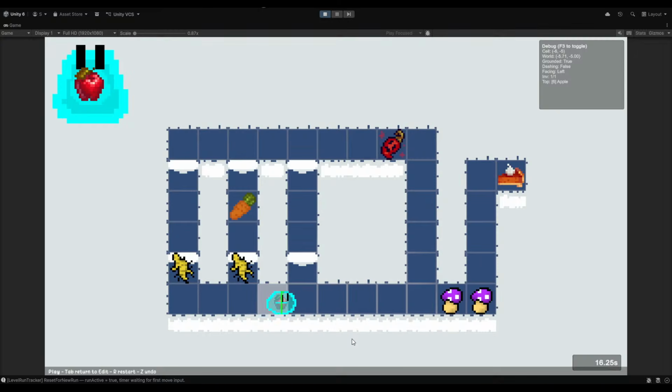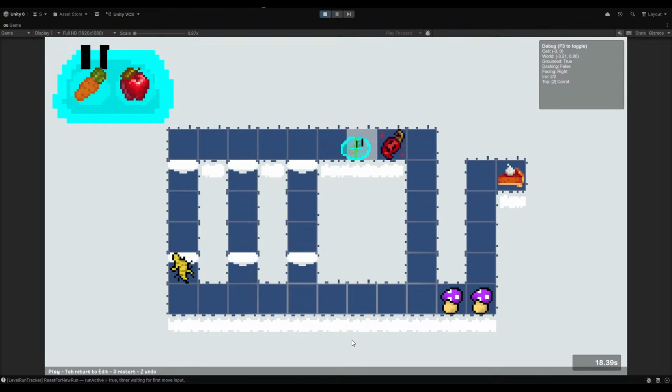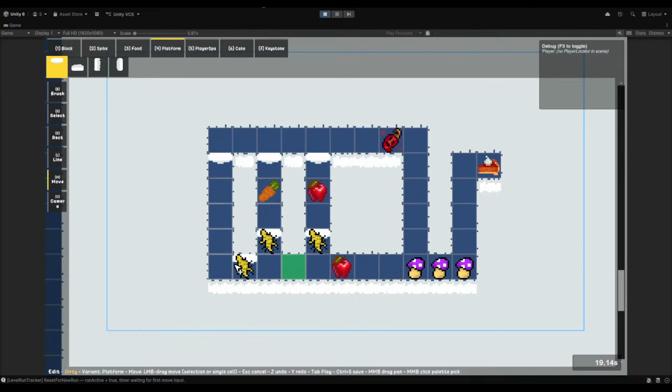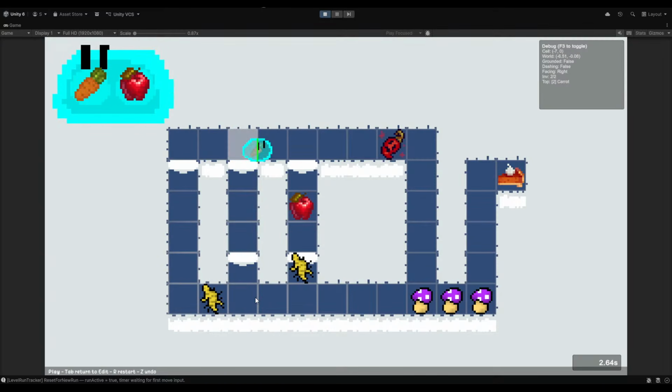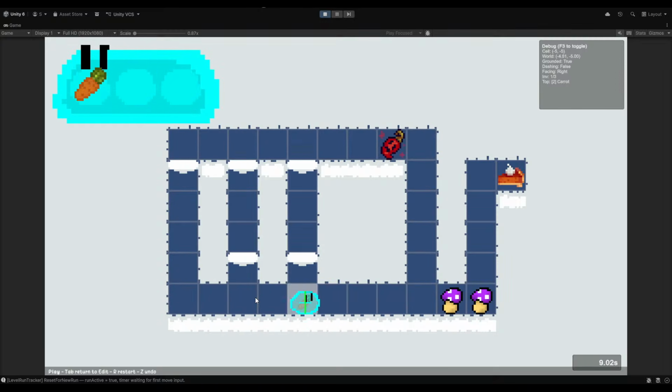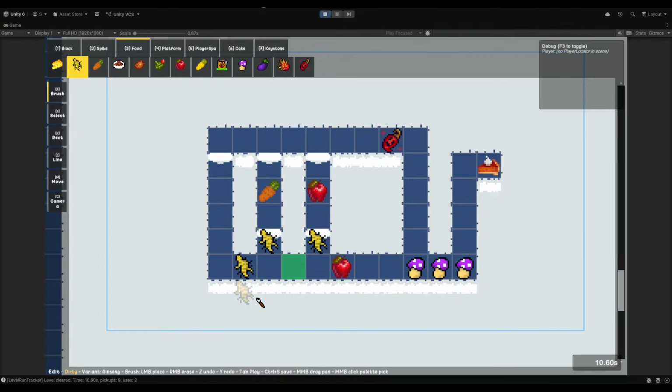Oh, I think I might have made the level not possible. I think I have to put that ginseng there. Then it's possible, right? Get this. Get this. Destroy apple. Get this. Yes. But is that too easy? Oh god.